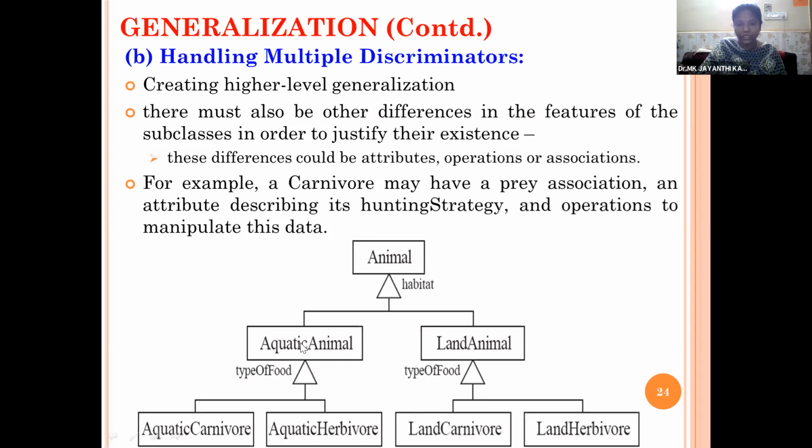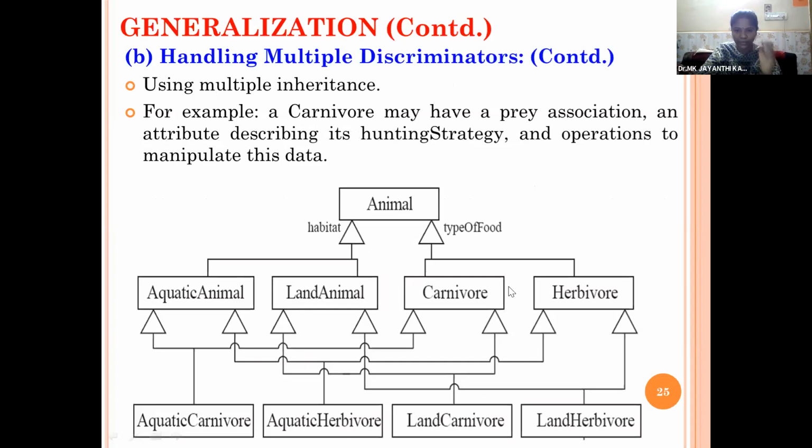So here, aquatic animal and land animal both are generalized into animal. We are using the generalization symbol, not the association symbol, to represent the inheritance and the hierarchy among the different classes. We should go for generalization. Any doubt in the generalization concept, how the generalization is mentioned?